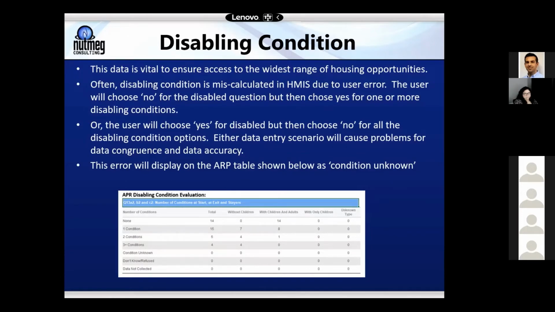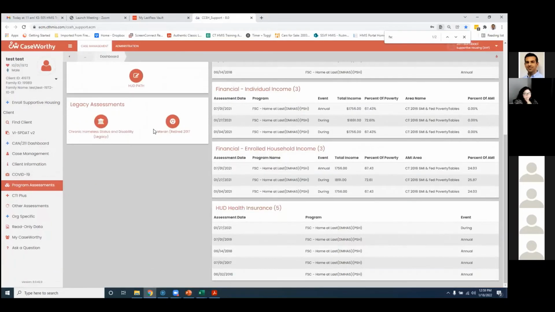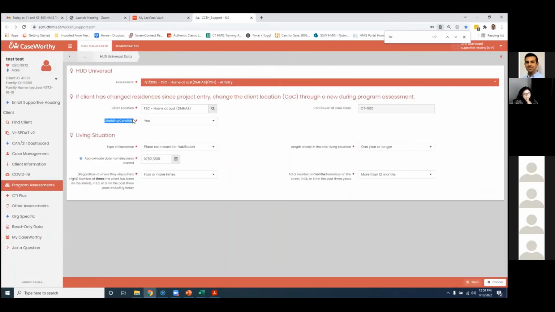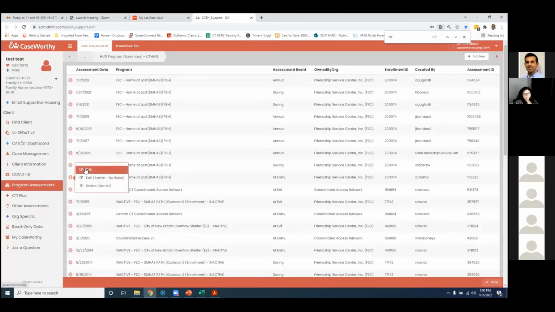Disabling condition is miscalculated in HMIS due to user error at times. The user will choose no for the disabled question, but then choose yes for one or more conditions. And what we mean by that is, in your HUD Universal Assessment at entry, sometimes the user will say no to this question. But then in the HUD program assessment, when they get there, they'll identify